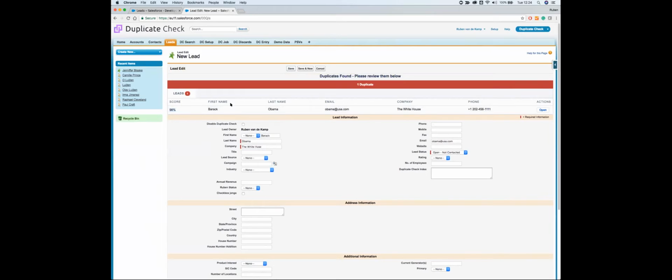98%, there is already a Barack Obama in my system, and the actual company name is the White House, and I've now filled in the White House or whatever, just to show you that we can bring back results that are similar. They don't have to be exactly the same for us to be considered as a duplicate record or as a duplicate value. We have fuzzy algorithms which can analyze a value and can see that you, for example,